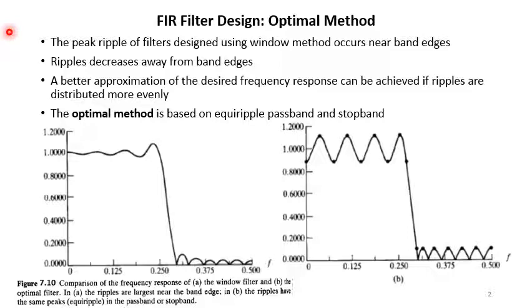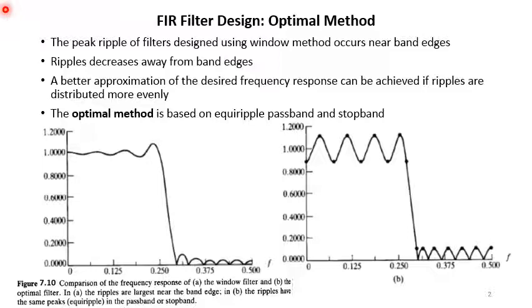So we use the window and we obtain the finite number of coefficients. But in obtaining the finite number of coefficients from the infinite coefficients, we saw in the previous lecture that there are ripples near the discontinuity. So we have ripples in the passband, and we also have ripples in the stopband as shown here. Now in this lecture we are going to talk about another method that is called the optimal method. So we will discuss this method